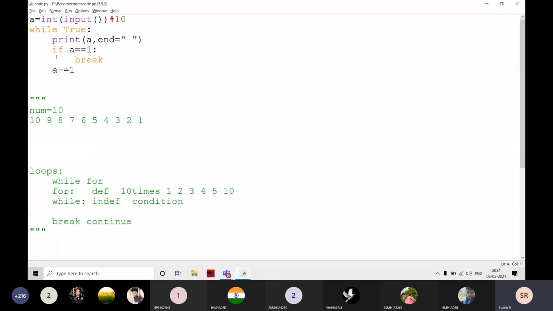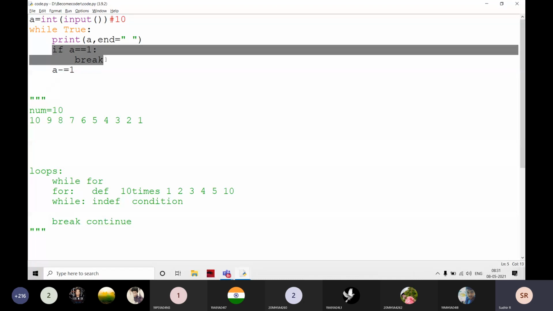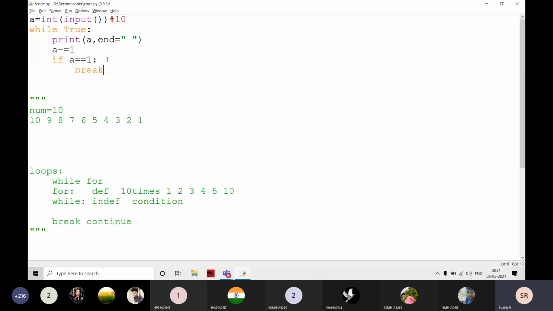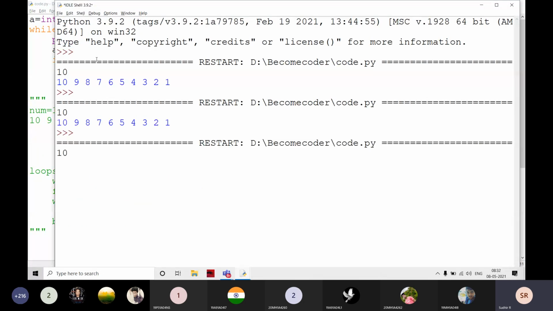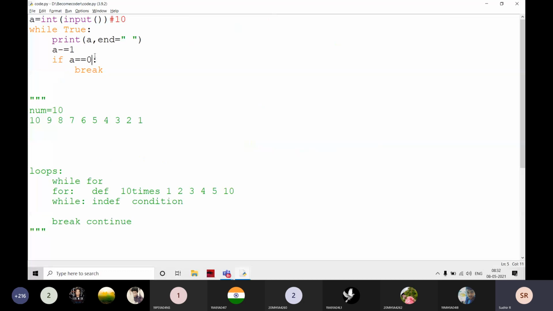Just simply, I can write if a is equal to 1, I'm going to break it here. I'm going to print a value. The a value is going to be 10. Then it becomes 9, and I check, is 9 equal to 0? No. Then it prints 9, 8.